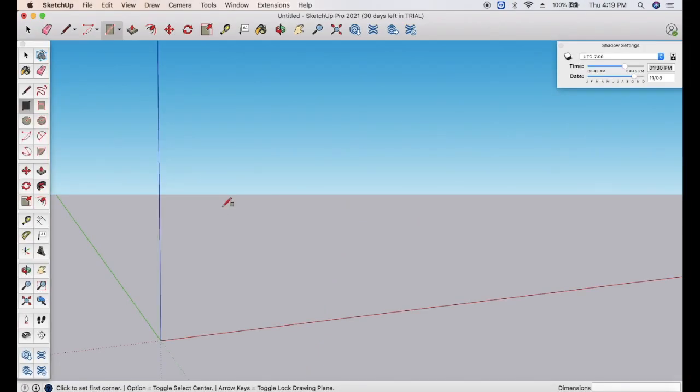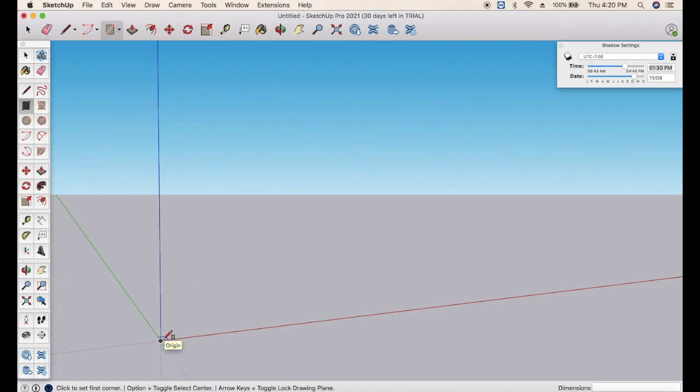Let us learn how we can use the different toolbars. The first toolbar we are going to use is a pencil. Pencil is a toolbar by which we can draw any line in any direction. So the pencil is basically the drawing tool, or you can say a line tool. But before showing you how we can do the design with an arc, let us do it with a rectangle. So once we click on the rectangle,